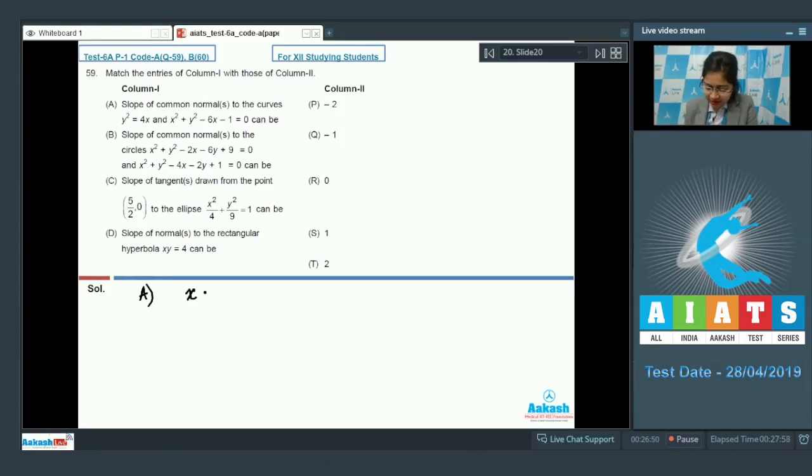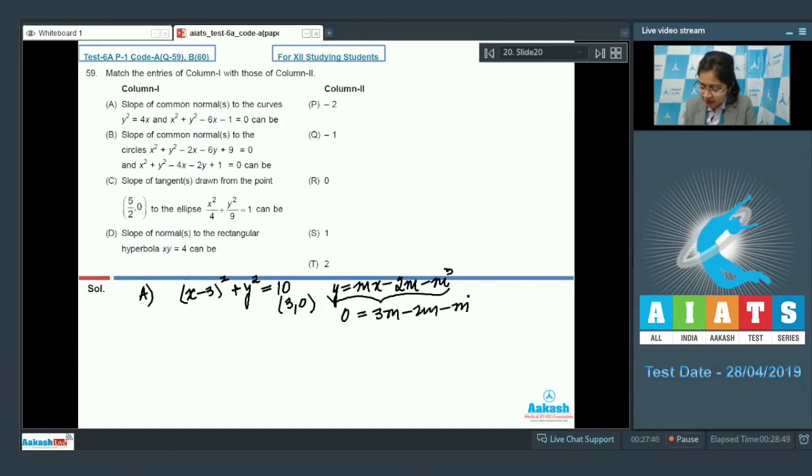So the equation of the circle can be written as (x minus 3) whole square plus y square equal to 10. Now the common normal will pass through the center of the circle, that is, it will pass through (3, 0). The general equation of normal for a parabola is y equal to mx minus 2am minus am cube. A here is 1, so we'll write y equal to mx minus 2m minus m cube. As it is passing through (3, 0), it will be 0 equal to 3m minus